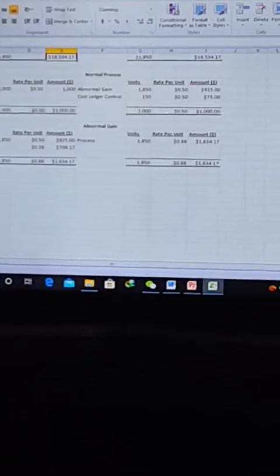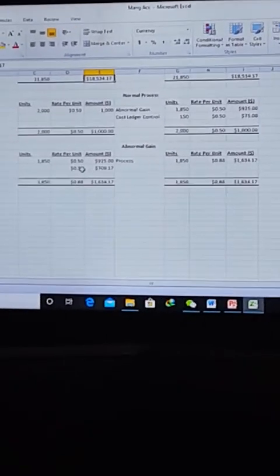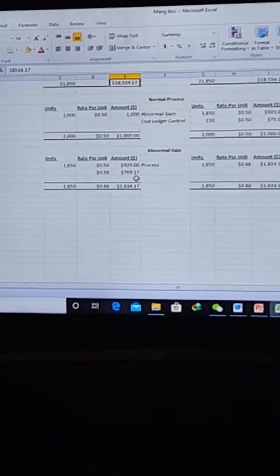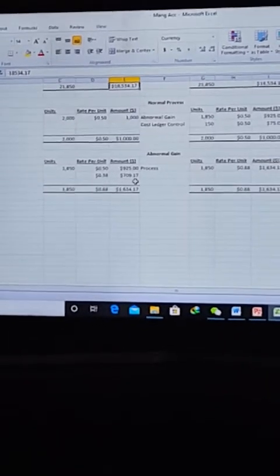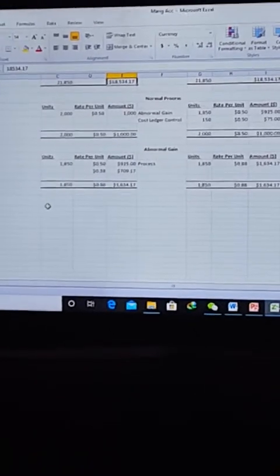And the cost ledger control, which is 38 cents, at an amount of 709.17. You can see that the total cost is 1,850 units at a rate per unit of 88 cents, which totals